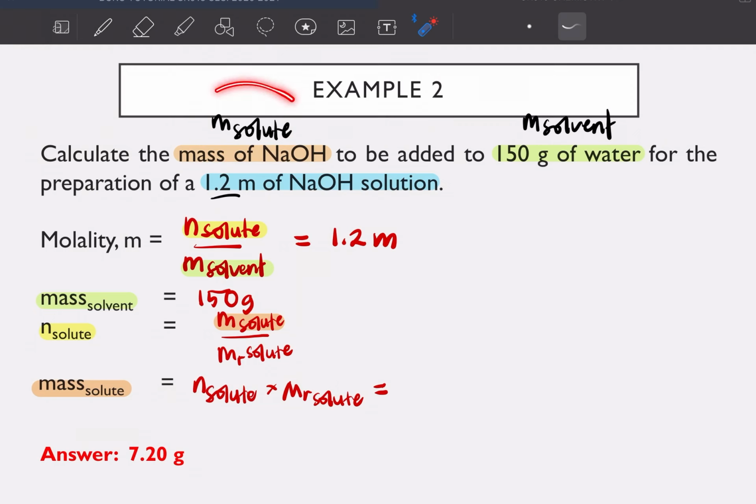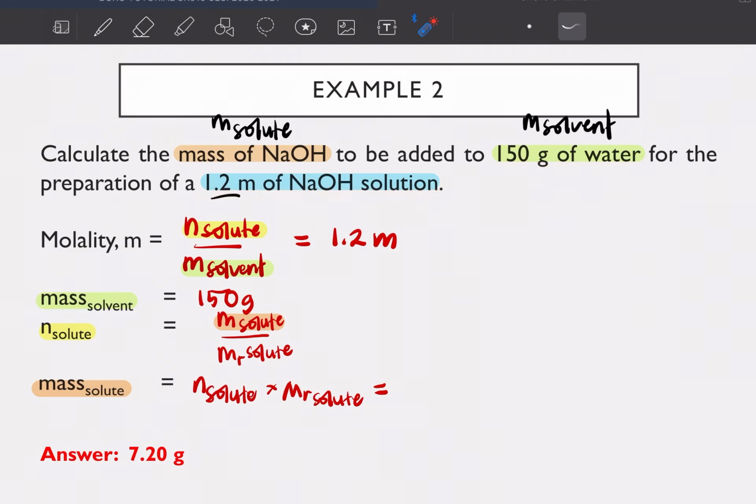So maksudnya awak akan add your solute into your solvent. So this is your mass of solvent, 150 grams of water for the preparation of 1.2 molal of sodium hydroxide solution. So in this case, they want you to find the mass of solute given the molality of solution and the mass of solvent. So